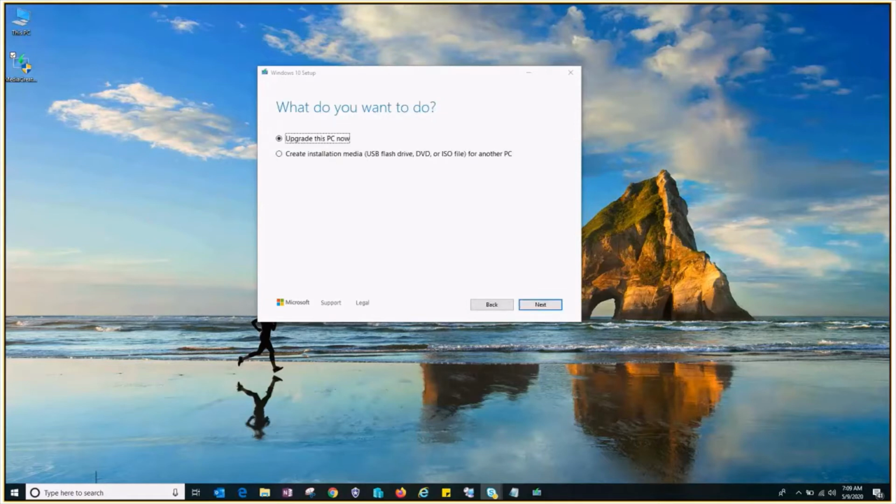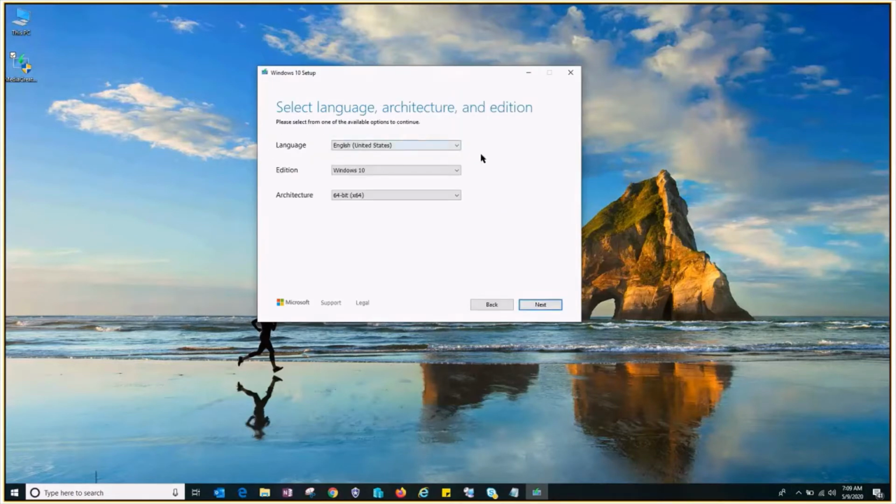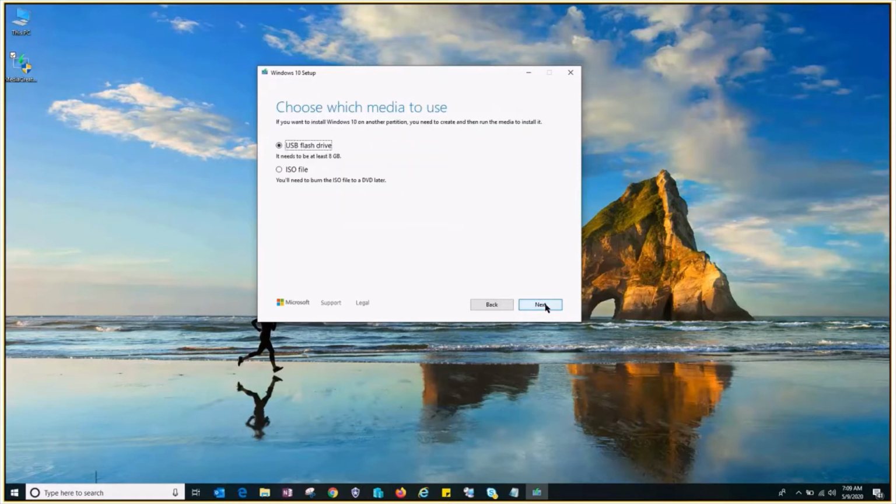We'll choose the second option since we want to create an ISO file. Click on next. Select the language, edition, and architecture, 32-bit or 64-bit. I'll select 64-bit because I want to create a generation 2 virtual machine. I'll explain the generation types later. Choose ISO file, click next.